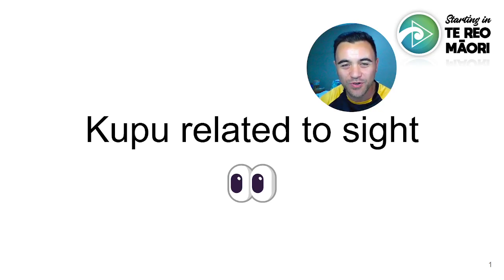Today we're going to be looking at kupu related to sight. We're going to be looking at a few really familiar words, some really basic, simple words that you can start with related to how you can see and perceive and use your eyes in certain ways. There are some nuances there that I don't think we often think about regularly in our day-to-day lives, but once I explain these words and the meaning behind them, I'm sure you'll be able to pick up those subtleties. So let's jump across and have a look at the first word.